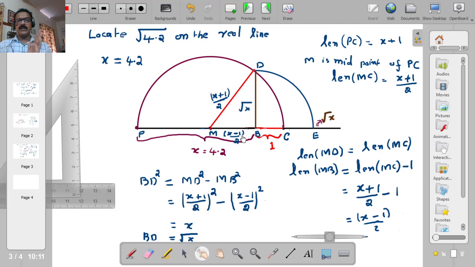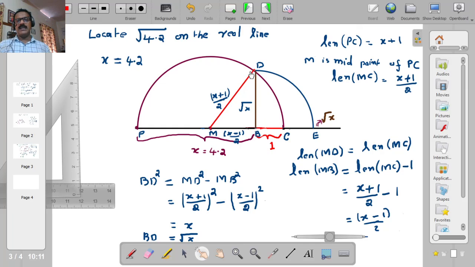We mark 0 at the point B. Then the point E will be at a distance of square root of x from the point B. So take this as the point 0. Then its distance from point E will be square root of x, because